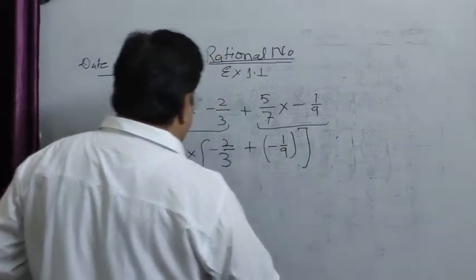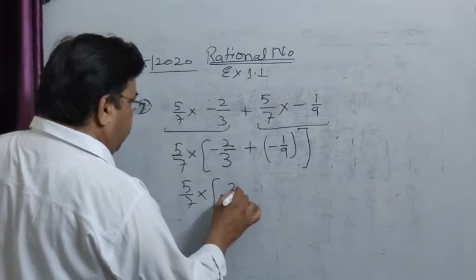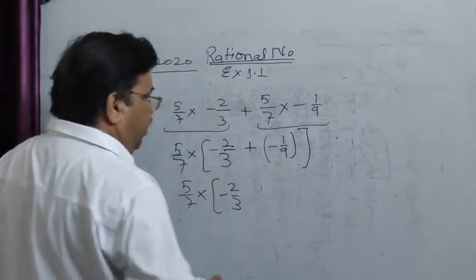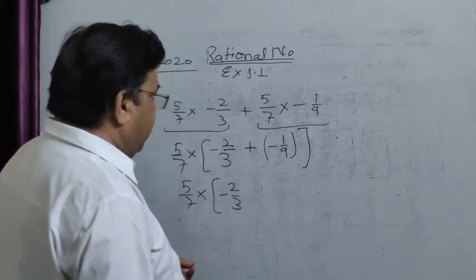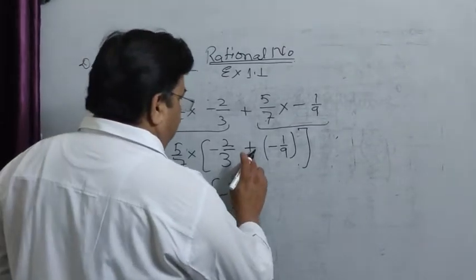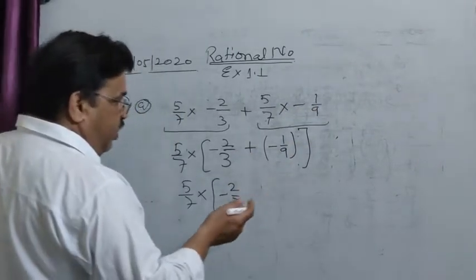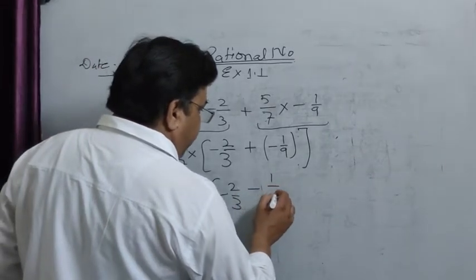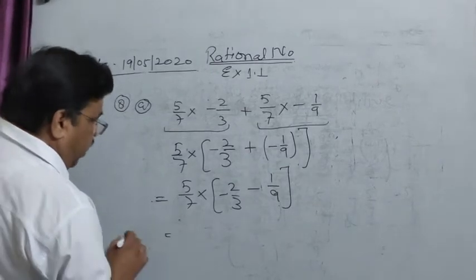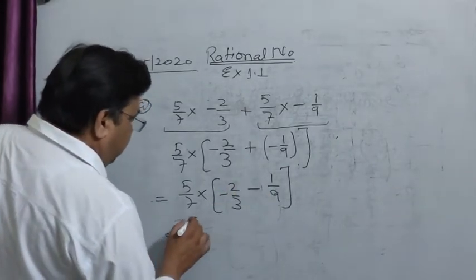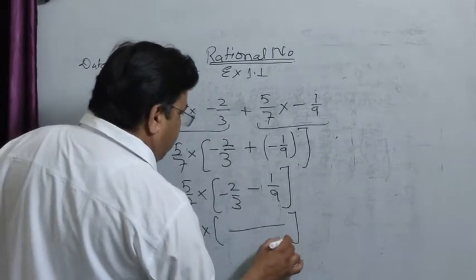Okay, like this, 5 upon 7 into minus 2 by 3. Open the inner bracket. If there is a positive sign before the bracket, you can't change the inner sign. Okay, so like this, if you are multiplying different signs, you will get the negative sign. Okay, and add these two numbers. First of all, you will solve the inner